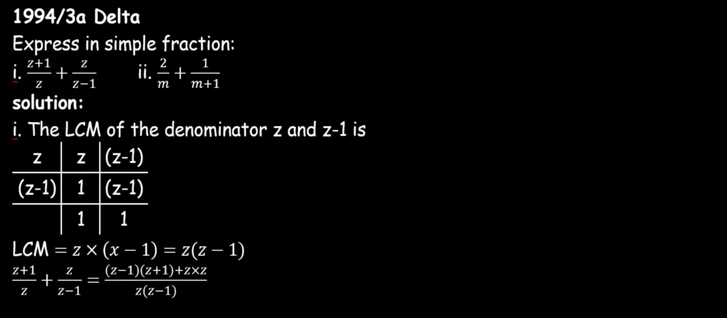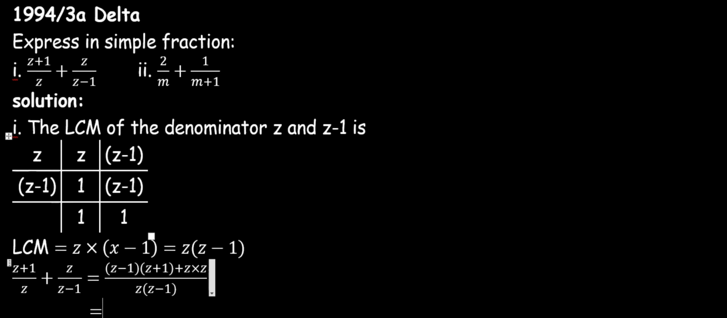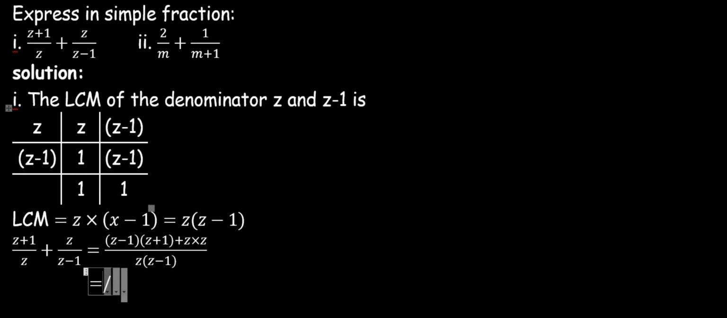The z minus 1 will cancel out, and you'll be left with z. So z will now multiply the z in the numerator. And that is why you have that written at the numerator and the LCM at the denominator. And our result would be (z minus 1) into (z plus 1),